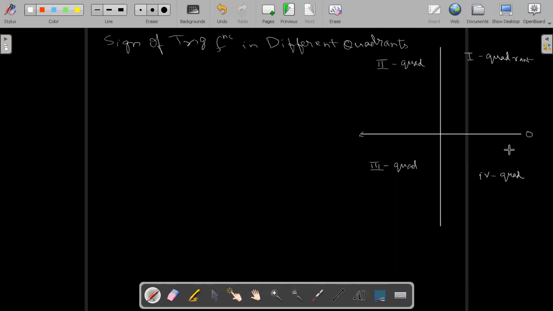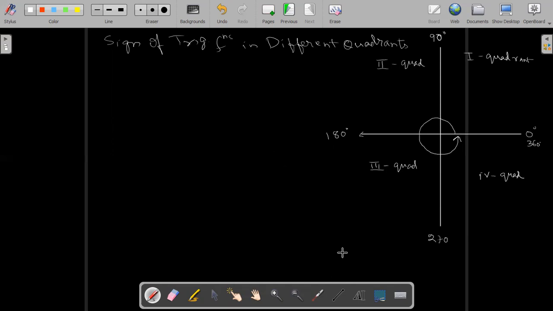So when you start moving from here, we are moving in anti-clockwise direction. That means positive angle, 0 degree. When you reach this point, you have 90 degree. When you reach this point, this will have 180 degree. When you reach this point, this will have 270 degree. And again, you have arrived at 360 degree. So we are moving like this. That is why it is a positive angle. Anti-clockwise, we are taking positive, as I told you before.